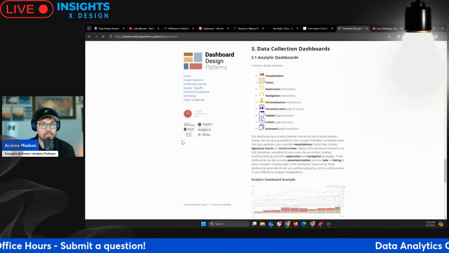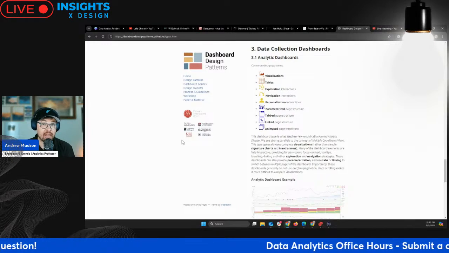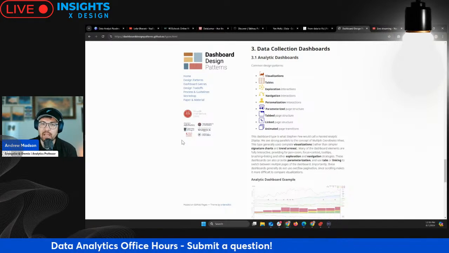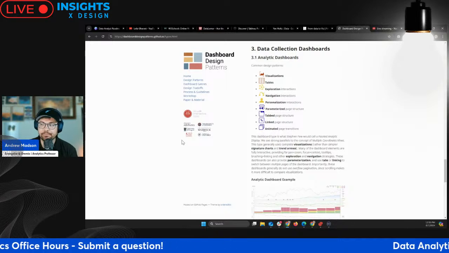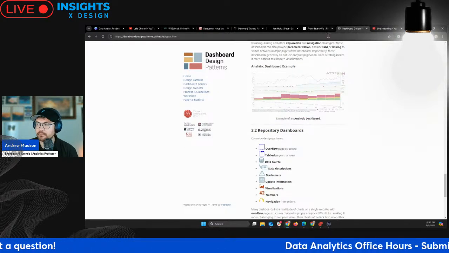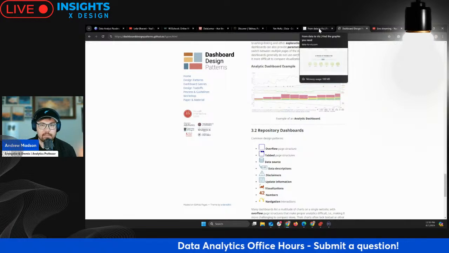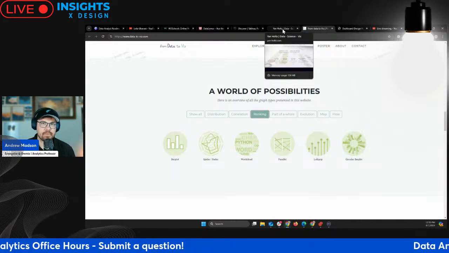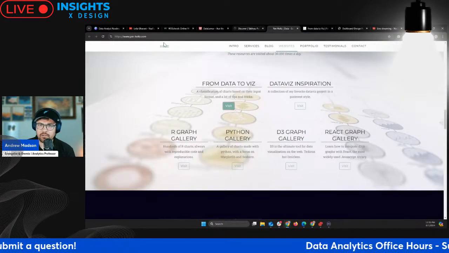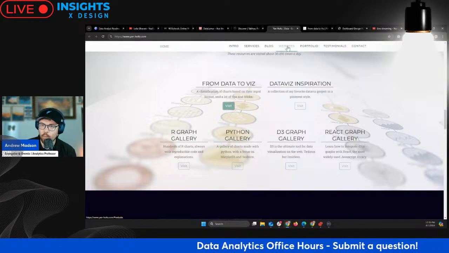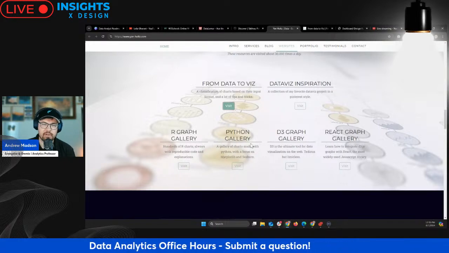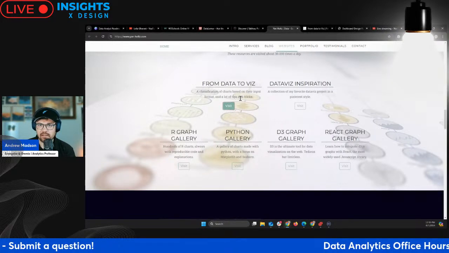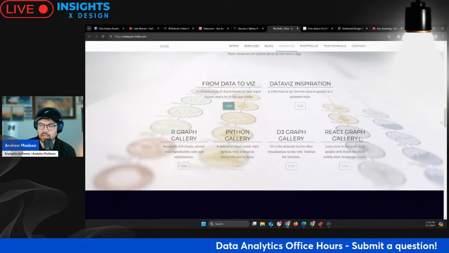So one, I'd say just build dashboards and figure out the back end either through SQL or Excel. Preferably SQL, but your first one totally can be Excel, and you can pop that into Power BI or into Tableau and build something really great. If you're trying to figure out what type of chart to use, Jan Holtz, who's awesome and just started his own company, has created on janholtz.com, go to websites, and he's created these really great open source tools to help you understand what chart would be best, and then depending on which language that you want to use, how to create that chart.